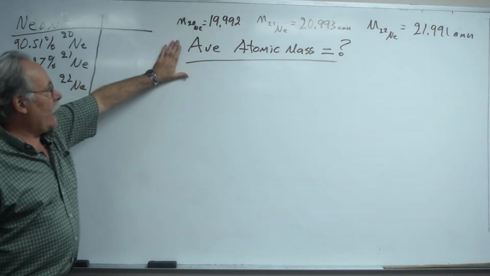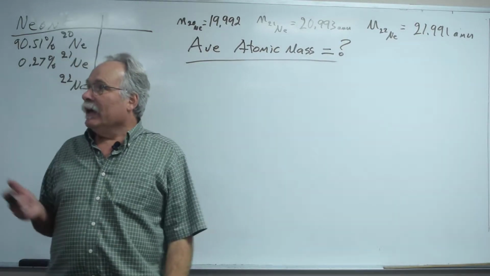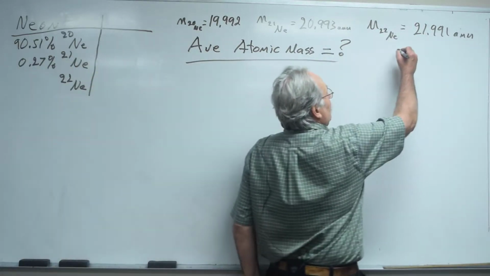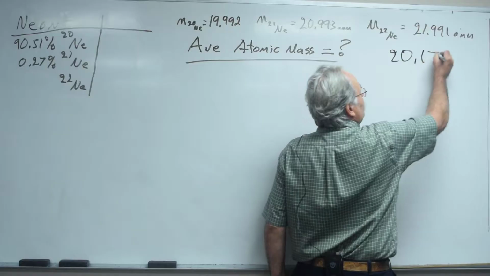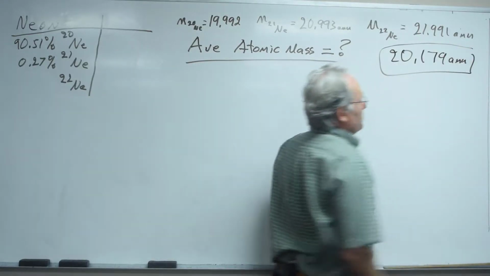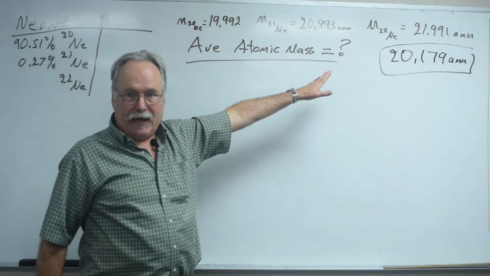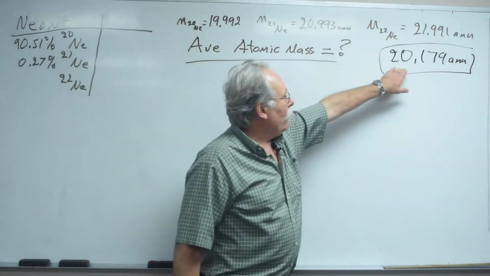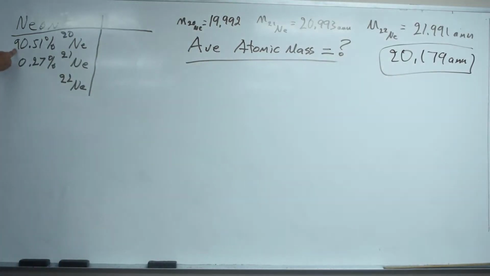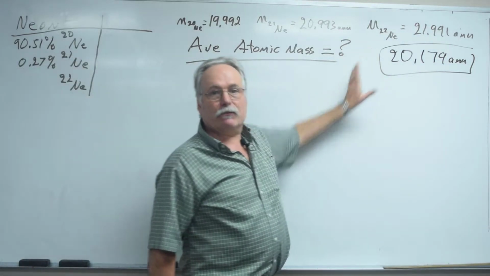Now, if we want the average atomic mass and we want to cheat, we could simply go over to the periodic table and we could quickly see that the value is 20.179 AMUs. And this is the mass of each isotope times the fraction of that isotope. This number has 5 sig figs. We know this number has 4 sig figs. This number has 2 sig figs. So we're going to have to figure out what is the correct answer to the correct number of sig figs